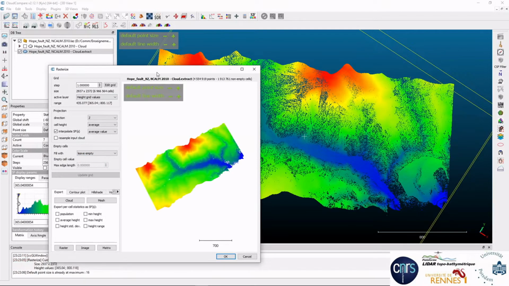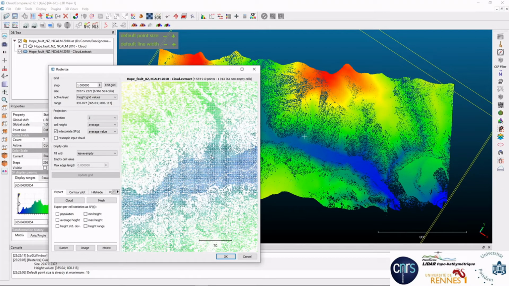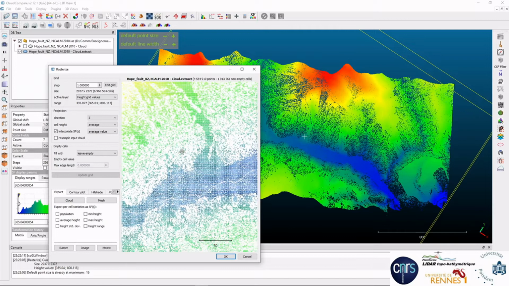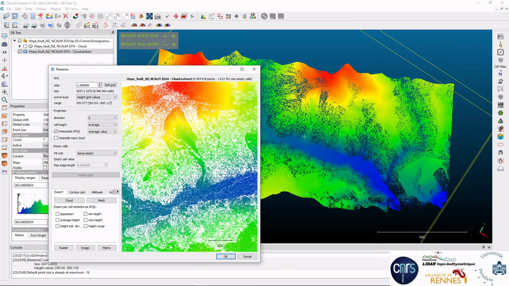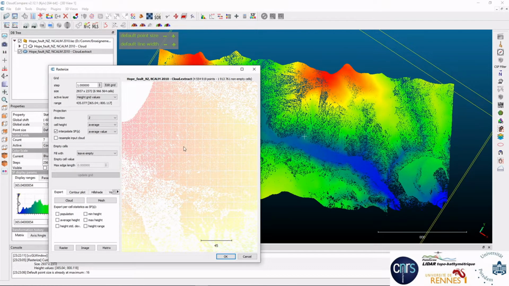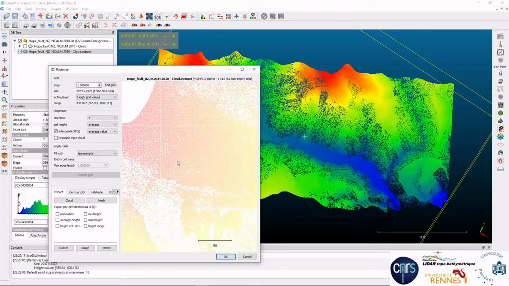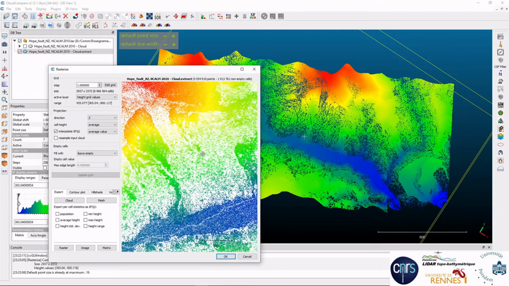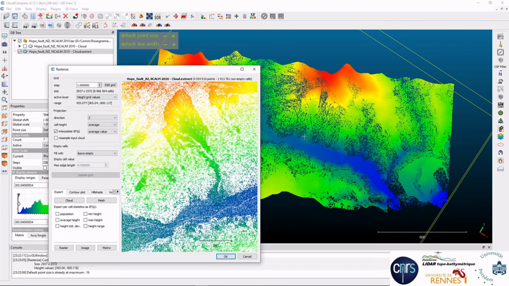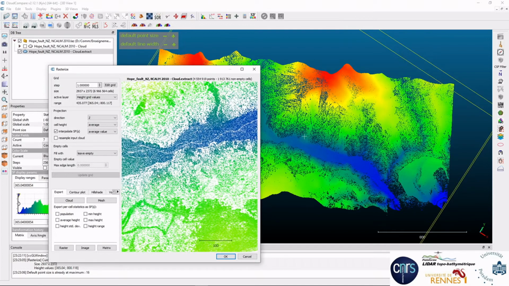You press Update Grid, and you'll get a 3D view on which you can navigate. And you can see that without interpolation, in the area where we have a lot of points, a 1 meter DEM doesn't need any kind of interpolation here, but under the vegetation, due to the sparse point cloud, there is a real need for interpolation. Okay, so we can do that.